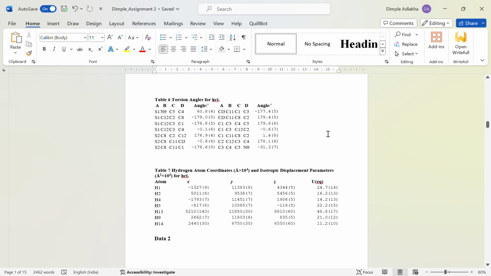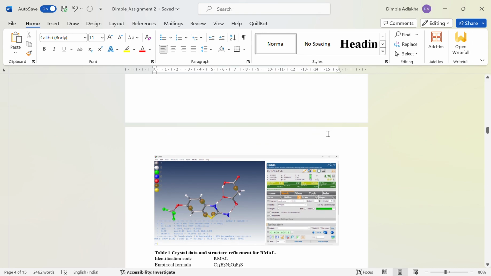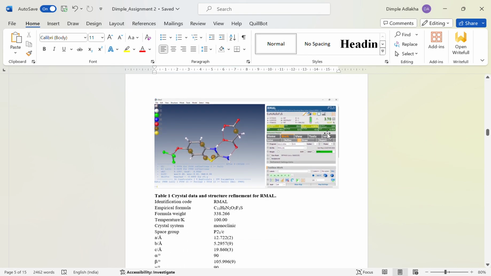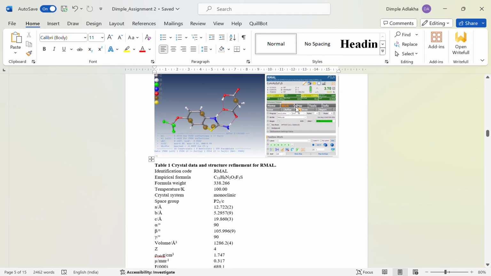Similarly, we solved the crystal structure for the data set data 2. We followed the same procedure. First we opened the INS file which was provided to us. Then we tried to assign the plausible atoms from the label tab to match it with the given molecular formula, and we refined it again and again until we got a minimum value of R. These are the pieces of information we get for this crystal,